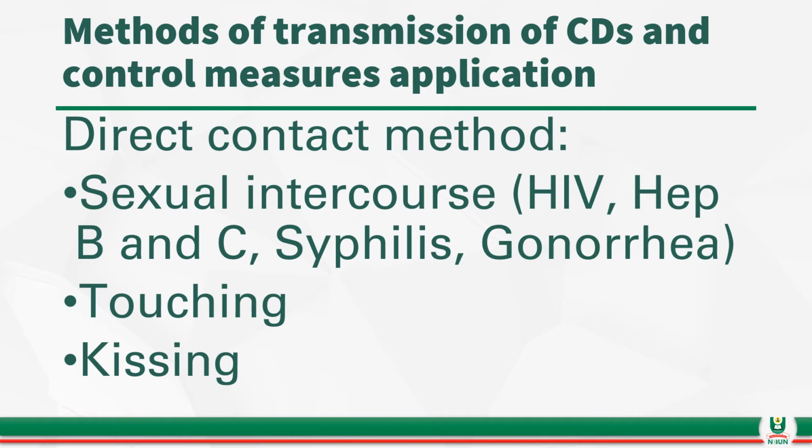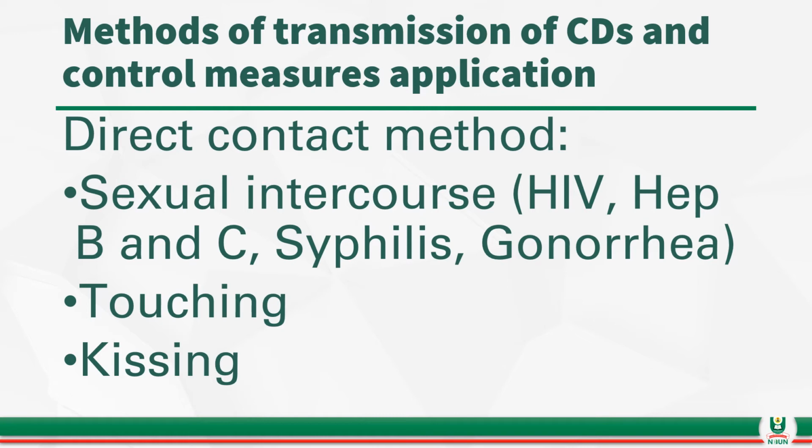Now, methods of transmission of communicable diseases and control measures application. When you look at the methods of transmission of communicable diseases, whether it's the direct method or the indirect method, you can use that to halt the transmission process. Now, let's look at the direct contact method, like sexual intercourse: HIV, hepatitis B. That can be quelled by curtailing unprotected sex. HIV, hepatitis B and C, syphilis and gonorrhea, all the sexually transmitted diseases can be curtailed or prevented or